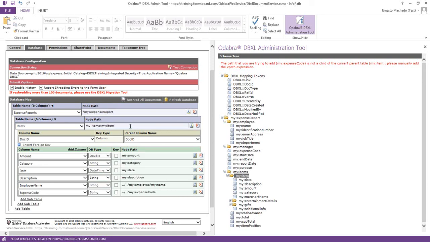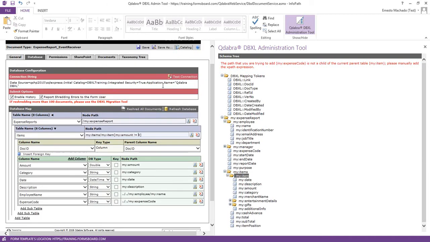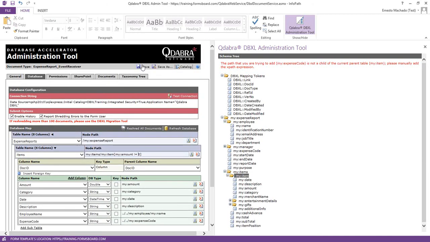It's likely that accounting doesn't care if the item cost $0. So I'm going to type in a condition here. And the condition is that the amount is not equal to 0. So if my amount is not equal to 0, then we map the data. So let me save that, and hopefully if I've typed that in correctly,